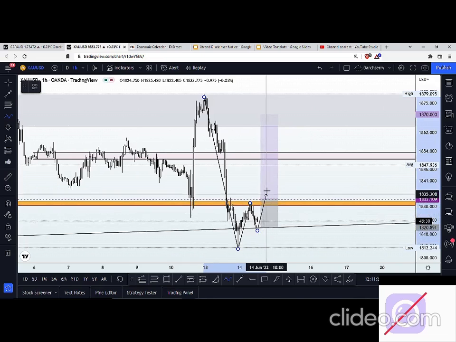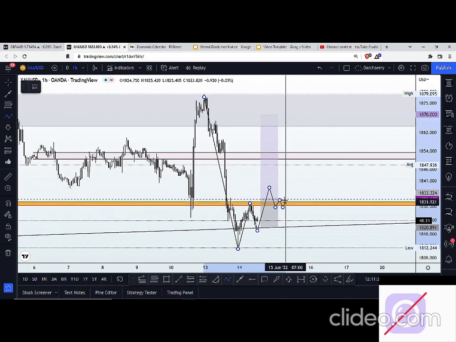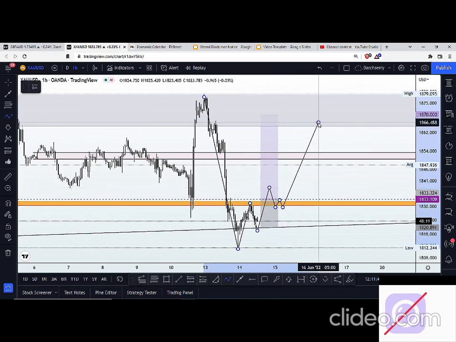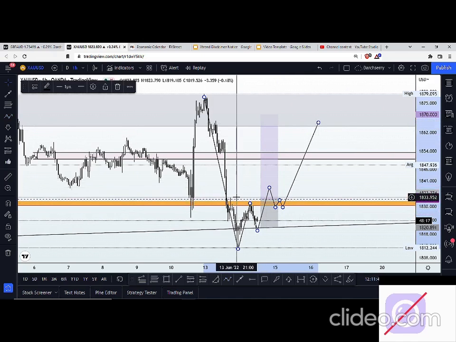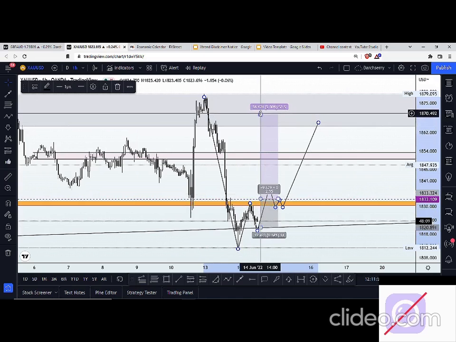But if price continues upward, then a breakout of that neckline, which is also our key level, and a retest of structure with patterns that support the trend continuation, should signal a bullish momentum for us. So we have an entry point right above that key level at $1,833.130